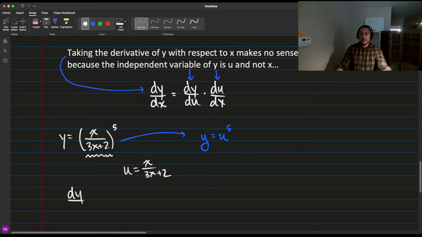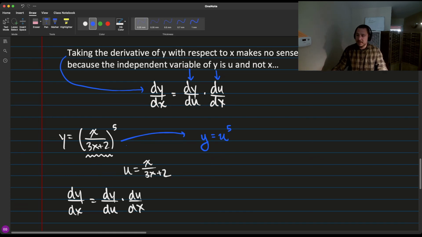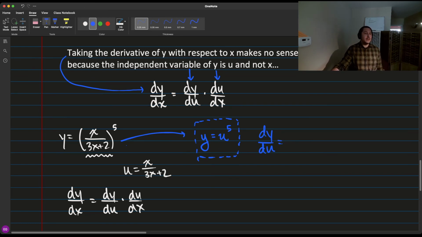This says that the derivative of y with respect to x equals the derivative of y with respect to u times the derivative of u with respect to x. So you look at this part right here. That's what I use to calculate dy/du. If y is equal to u to the fifth, the derivative of that with respect to u is 5u to the fourth. Okay, and now I use this part here